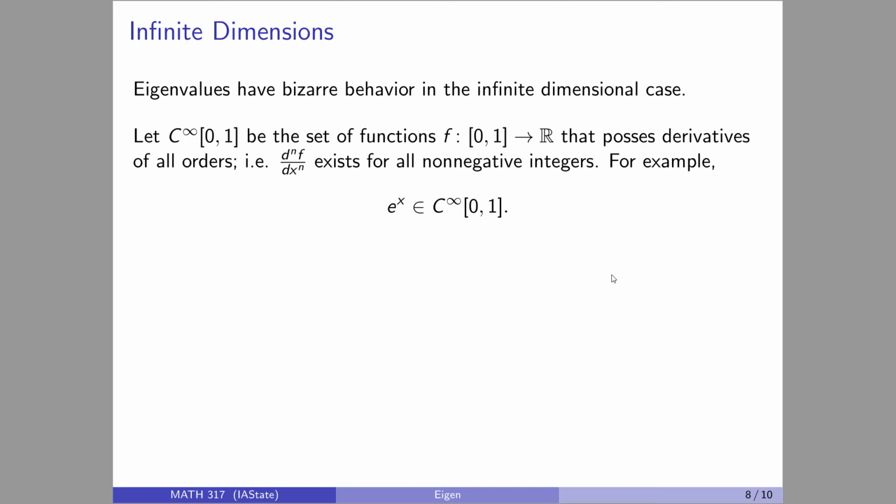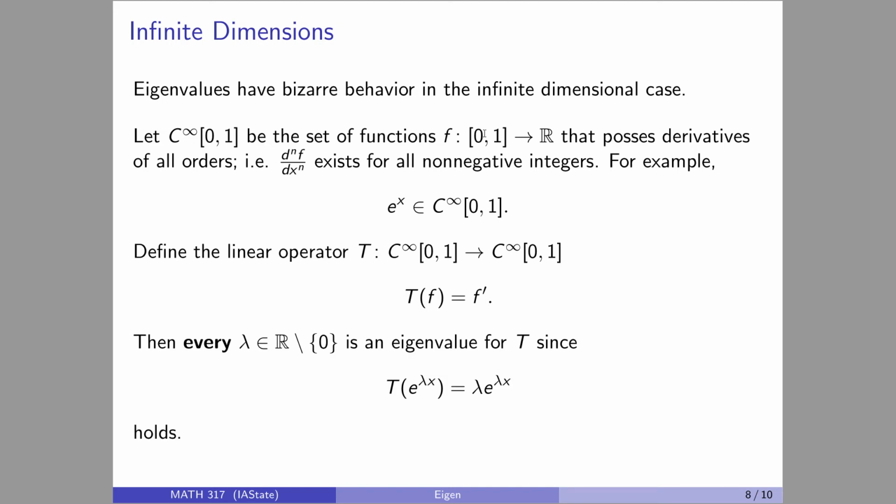But anyway, for this vector space, it's not hard to prove that if you've got infinitely many derivatives, so do your scalar multiples and your summations, so it is a vector space. Now, there is a really nice linear operator on this set: just take its derivative. You have derivatives of all orders, so its first derivative has derivatives of all orders. So it is a linear operator,